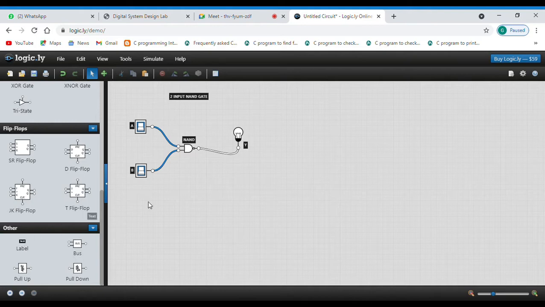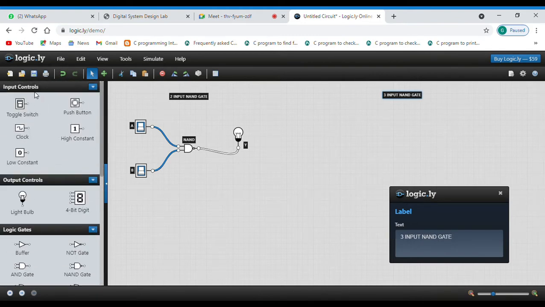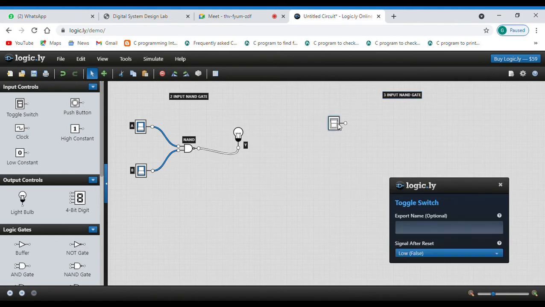Okay, now we'll see about 3 input NAND gate. For this 3 input NAND gate, we need 3 toggle switches.